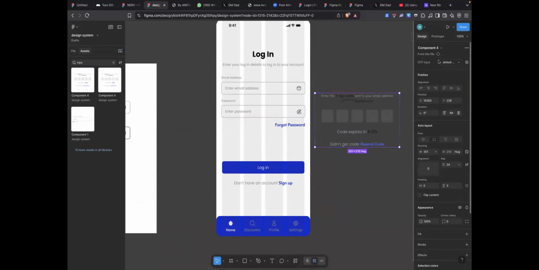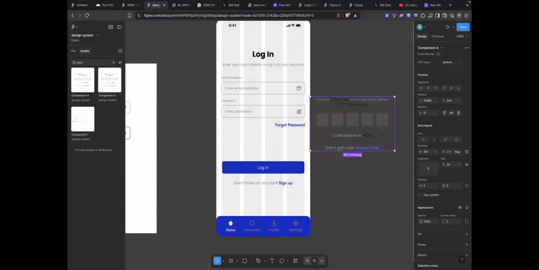I will now come over to this part, active. I don't want the active one, I want default. That's it. You don't need to start redesigning every time you are redesigning your login flow. That's a lot of work, except you want to change the way the flow is going, which will take much time. Since you already have some of these components, you can easily change this component to another one.